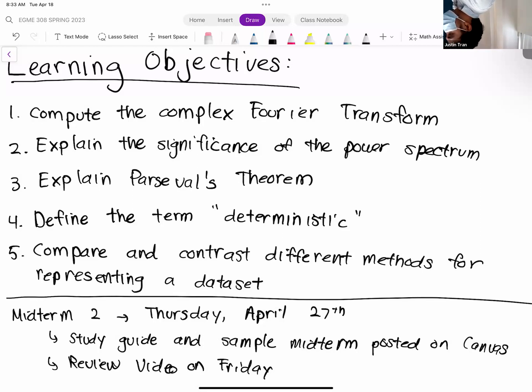Another announcement. I forgot to put it here, but homework 6, the Fourier transform homework. I was a little bit late in posting that. I know originally I said I would post it last Friday, but I got a little sick over the weekend, so I wasn't able to post it until yesterday. So I pushed back the due date slightly, just to give you guys a bit more time. Homework 6 is now due on Sunday. Okay.